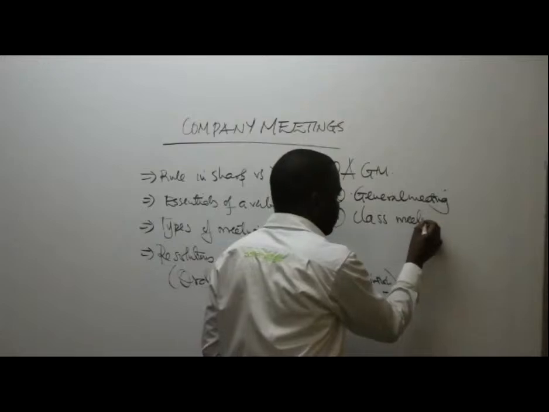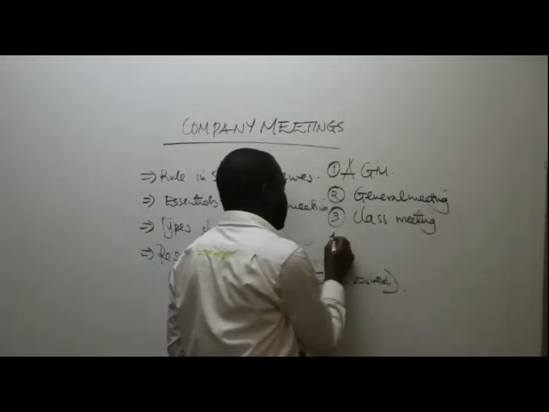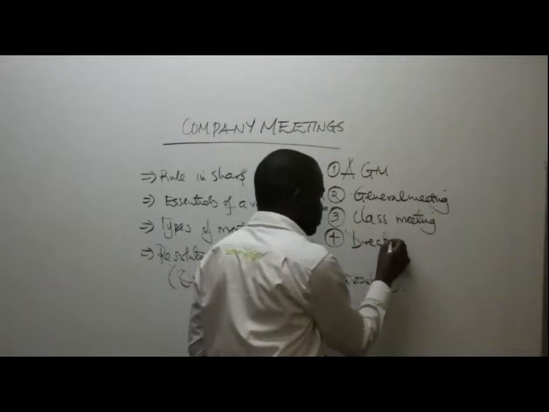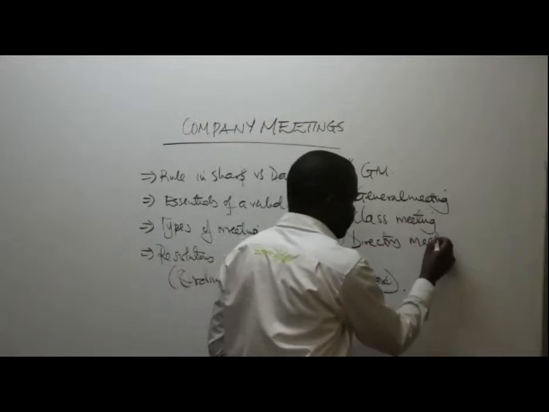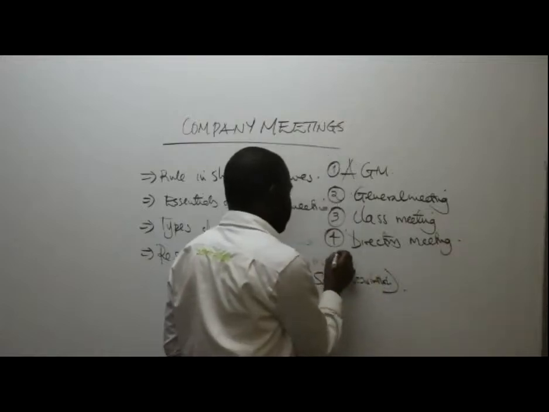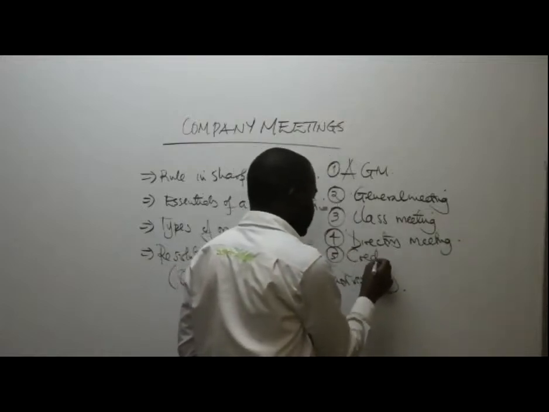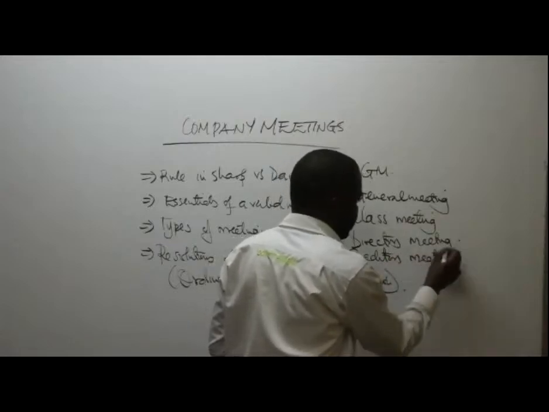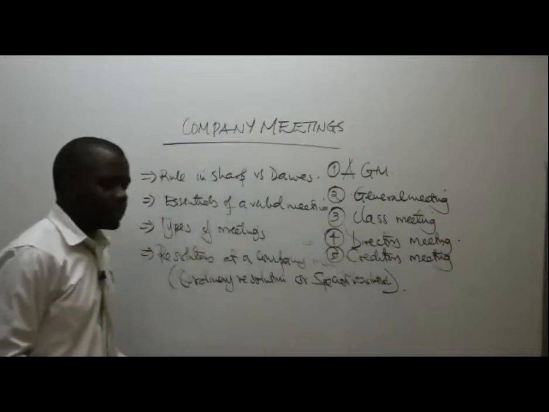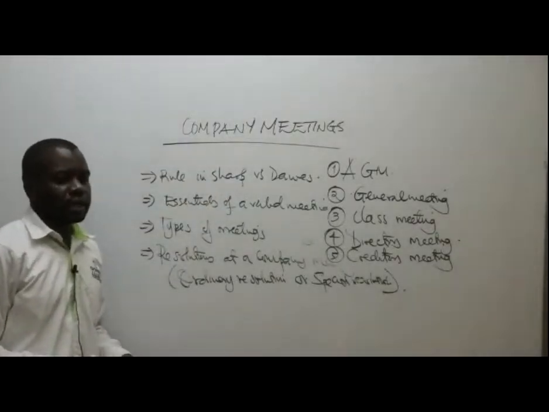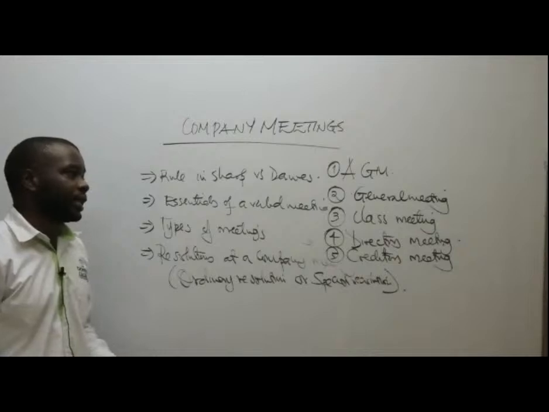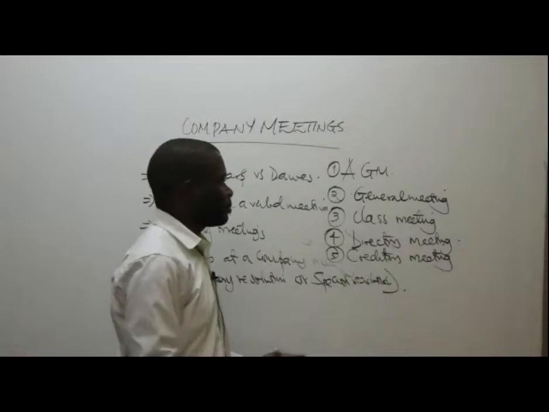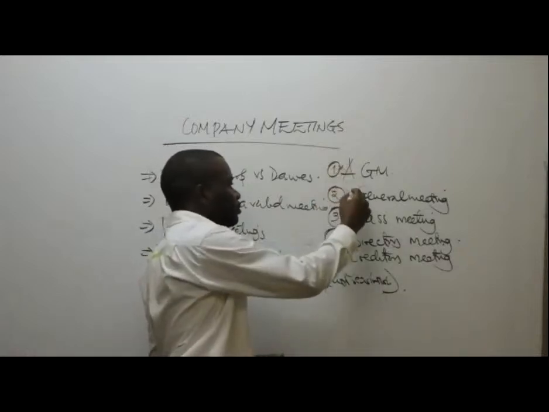So these are the types of meetings we can have in a company. Number 4, we can have what we call a directors meeting, or a board of directors meeting. Number 5, we can have, for example, a creditors meeting in a company. These are some of the types of meetings that can be held in a company. The most key ones to understand are the AGM, the general meeting,